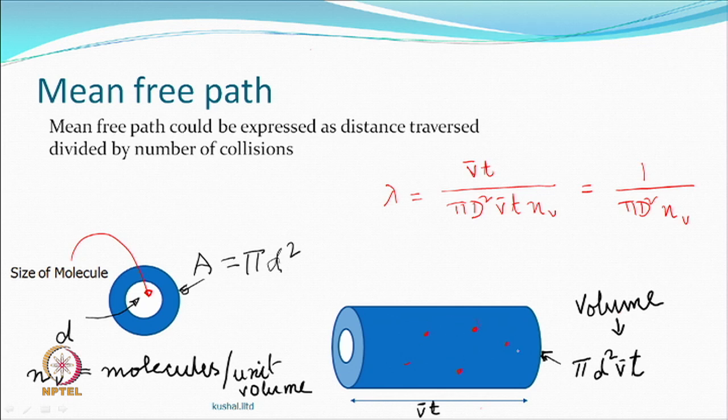So, the time taken, all right. Mean free path could be expressed as the distance traversed divided by the number of such collisions. That would also mean that we need to know how many molecules per unit volume are available. So, the volume of this virtual cylinder can be pi d square